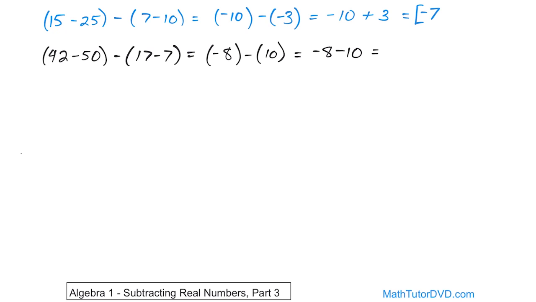Now how do you handle that? Well, you're starting with a negative number and you're subtracting from it another number. So you're going even deeper in the hole. You could write this as addition. This could be negative 8 plus a negative 10. Either way you want to think about it, you're going to add these numbers together and get 18,